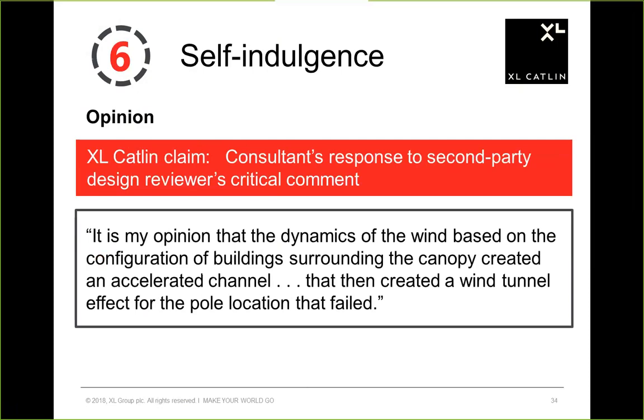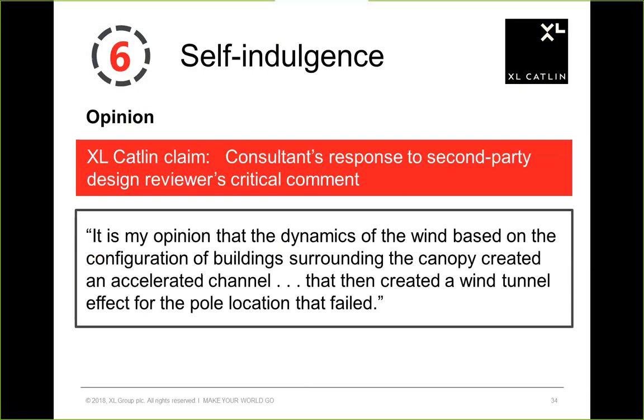He first acknowledged that his design did not comply with the code, and he did so in an earlier email. And now in this email that you're looking at, he is trying to explain away the multiple failures of a single canopy pole, of several poles,